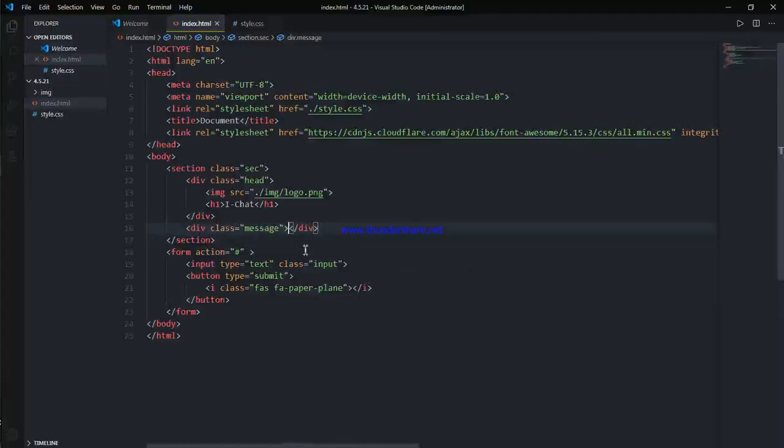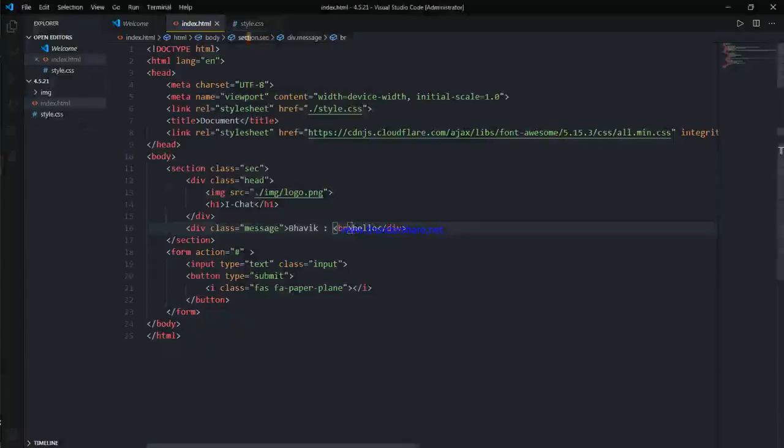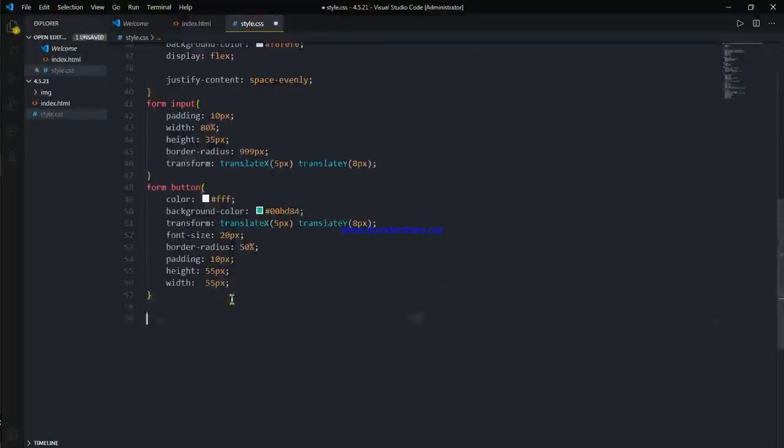and it has text as Bhavik sends a message hello and a break here. There we go. Here it is. So we will go in the style.css and make a new part